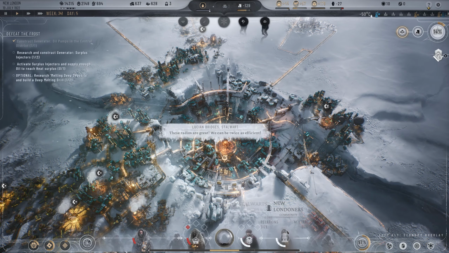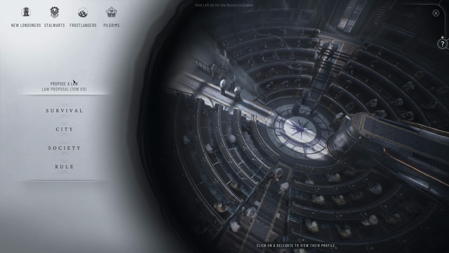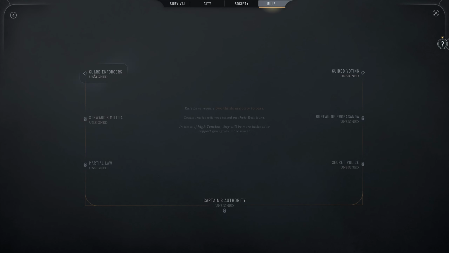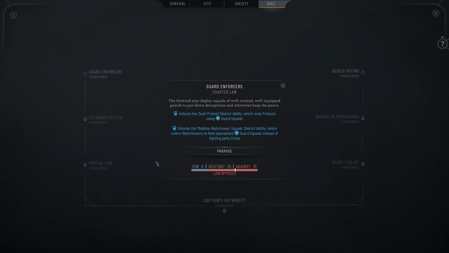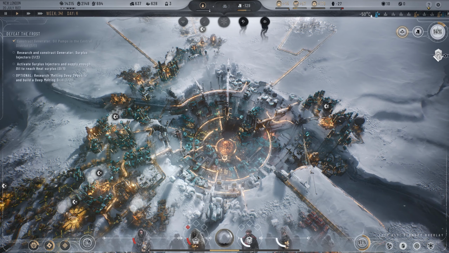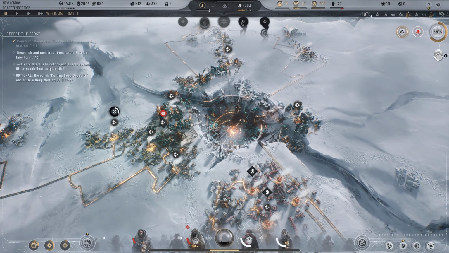Okay, well that's good. I'll take it. Speaking of, let's see, anything down here that we haven't done yet? There isn't. I don't think we need to do guard enforcers yet. No, everyone is against it, and tension isn't really that high anyways. Nope, we'll be good. All right, so we just got a request to do one of our pump jacks, so